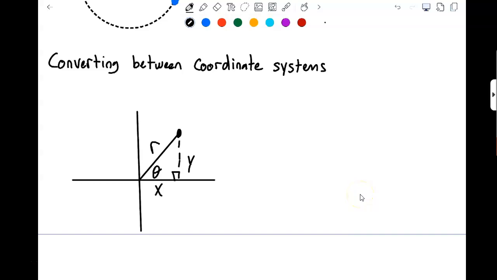Okay, so now that we know a little bit about how to graph some polar coordinates, what we now want to turn to is how do we convert between the two different systems, this polar system and the XY system. Well, we can take any point in the plane and we can describe it both in terms of polar coordinates and in terms of its rectangular XY coordinates. Okay, so every point in the plane can be described by both pairs,